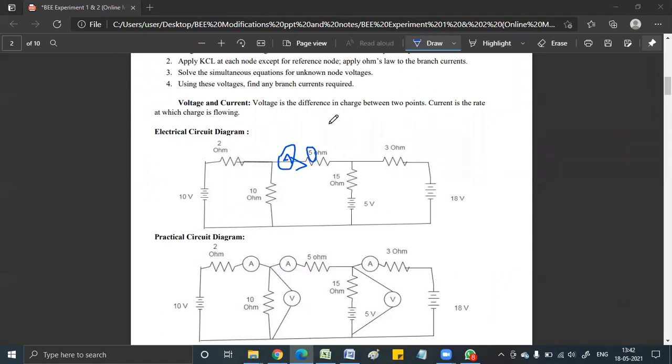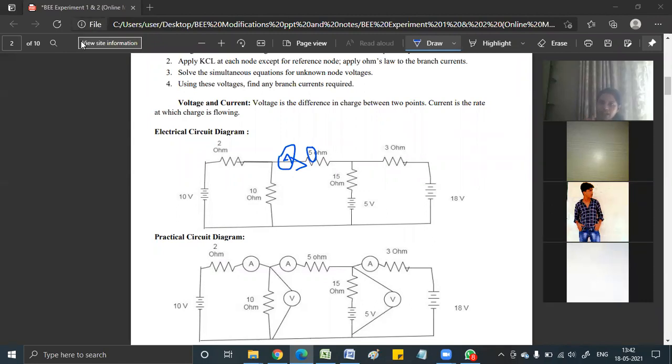So we are going to use the logic of the superposition theorem to find the current through 5 ohm. That answer obviously should match with the current that you got in your first experiment. That is the whole point of doing it. Whatever method you use, you're going to get the same result. Am I clear? Yes, ma'am. Okay, so everyone make note that your problem statement is going to be different, because instead of 5 you're going to put your roll number. So you all have your answers with you, and that only we are going to verify.